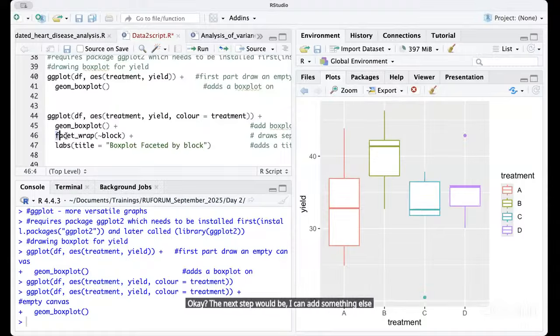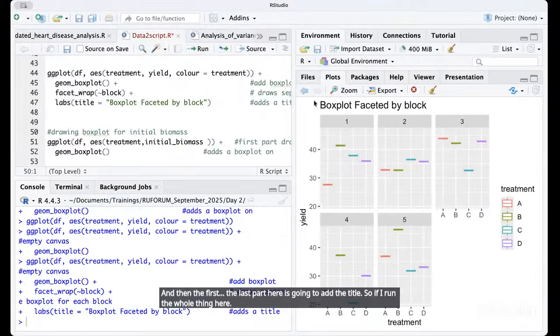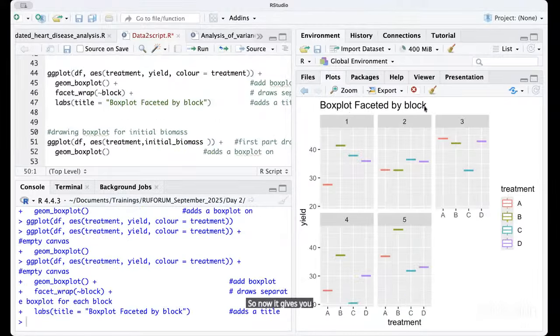So here I want to do this for each block separately. And then the last part here is going to add the title. So if I run the whole thing here, now it gives you a box plot facet by block. So you can see from here,